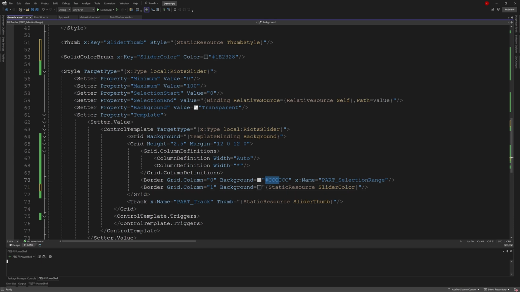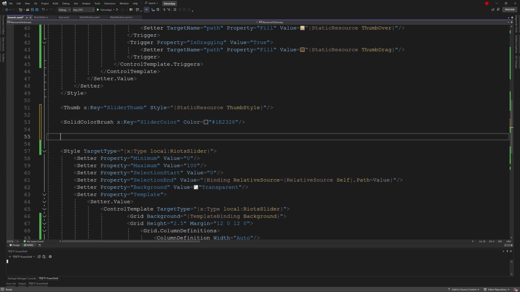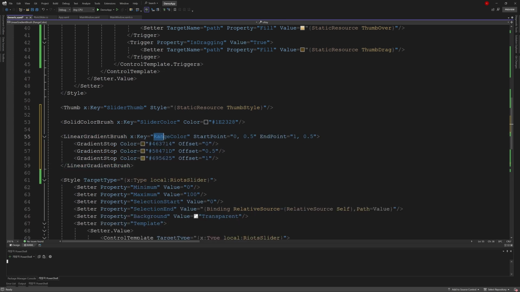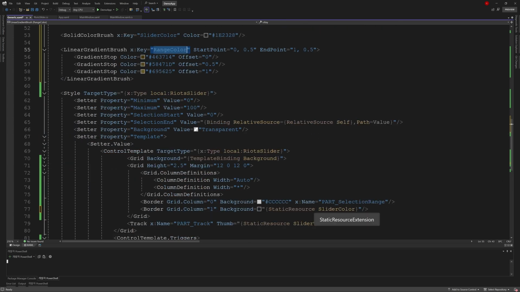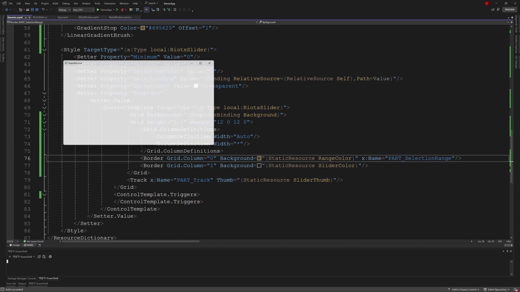The selection range part is also a gradient color, so we add it using the same method and we call it range color. With that, the basic colors are set.